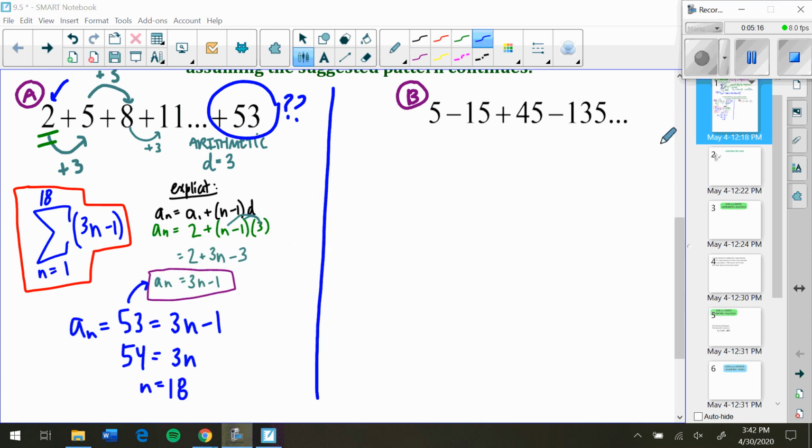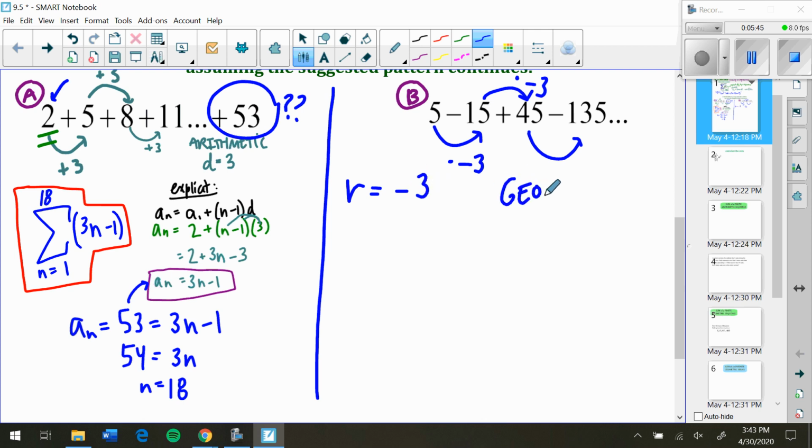All right, for this next one, I notice that it's switching between adding and subtracting. I am not going to get that by adding the same thing to a number. I'm going to get that by multiplying. So I consider, what would I do to 5 to get negative 15? Well, I'd be multiplying it by a negative 3, and then if I multiply negative 15 by a negative 3, I'm going to get a positive 45, and so on and so forth, which means my common ratio in this example, which is a geometric sequence,